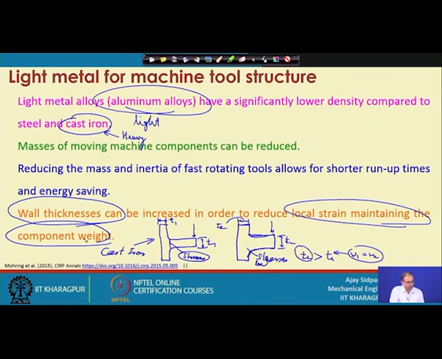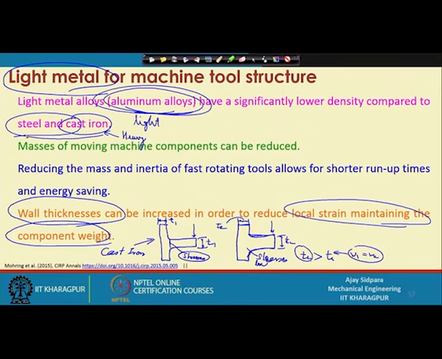So, that is one of the advantages of using lightweight metal, but you can use this only for some of the components, not all, because these materials are not very useful for some components, where they can be harmful. At that time you need to use steel or cast iron only to get the things done. So, let me finish this lecture here and let us continue this talk further in the next class. Thank you very much.